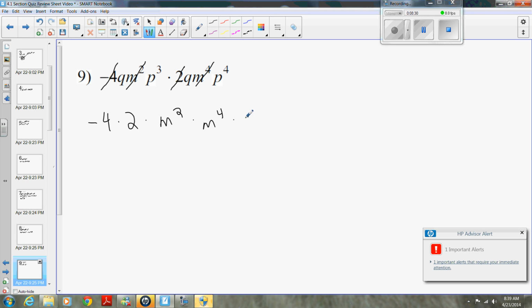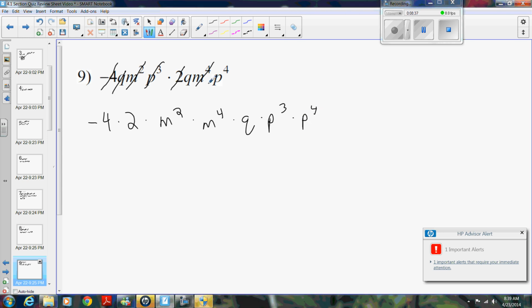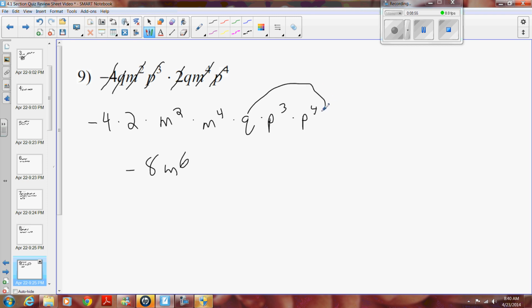Yes. Now I have my q's. Yep. So I'm crossing this out. My p to the 3rd, cross that out, and then p to the 4th power. Cross that out. Okay, negative 4 times 2 is negative 8. m squared times n to the 4th is m to the 6th. We'll put the p's first. Note that in these answers, everything is alphabetically in order, in that we go m, p, and q in the order of the alphabet. So I rewrote this. I'm just going to plop this over here at the end. p to the 3rd times p to the 4th is p to the 7th, q. So that final answer is